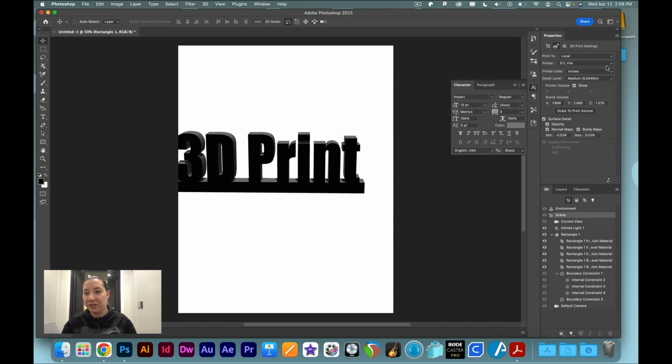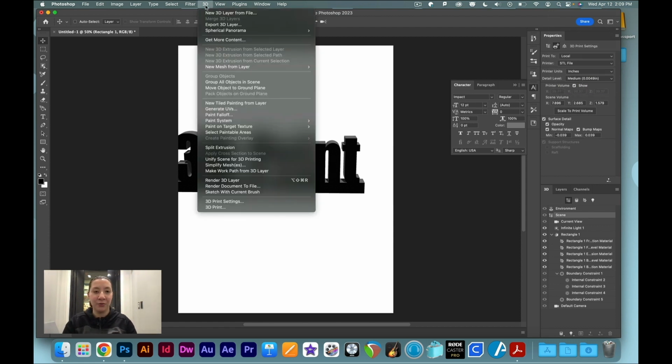So it opens up a different properties window in the 3D window. All you really have to worry about is making sure that you set your print to local, which will put the file on your computer, and then setting it to an STL file, which is a pretty universal 3D print file. And then if I want to export my print, I go back to the 3D print menu,